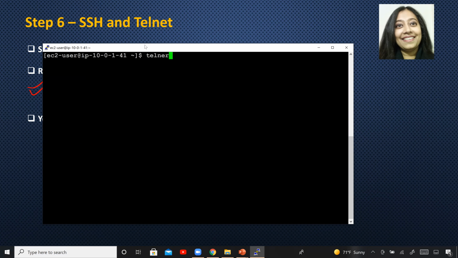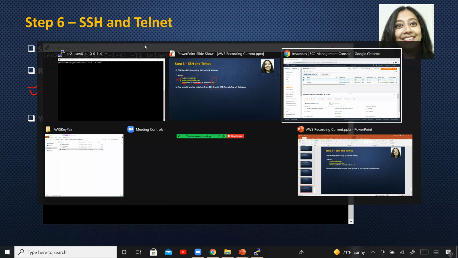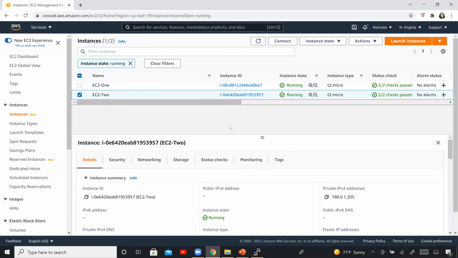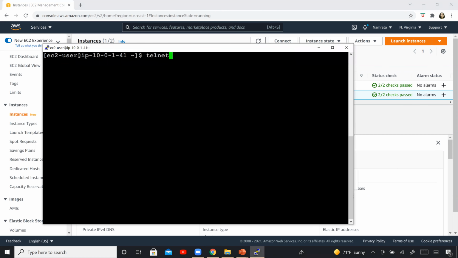Now we have to Telnet from here to EC2.2's private IP address. This is a private IP address, so copy that, paste it right here, and we are going to Telnet to port 22.